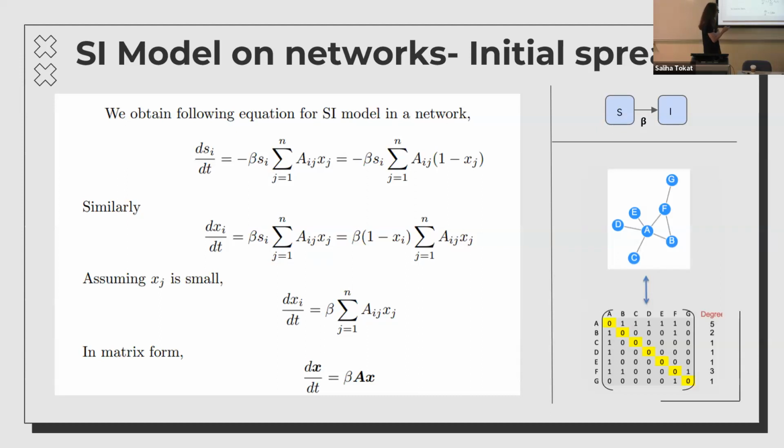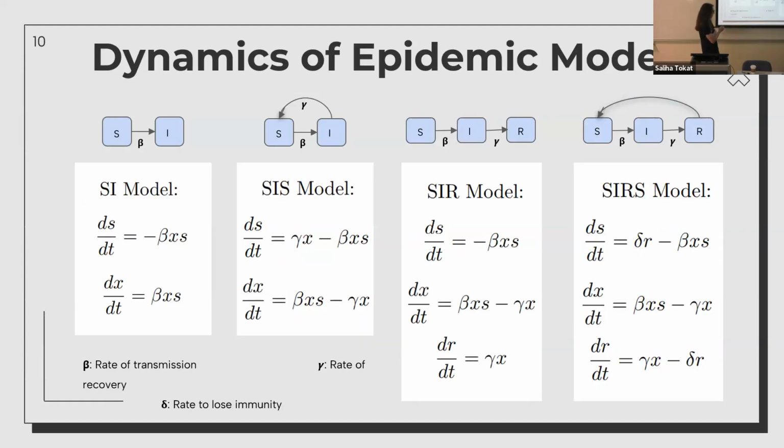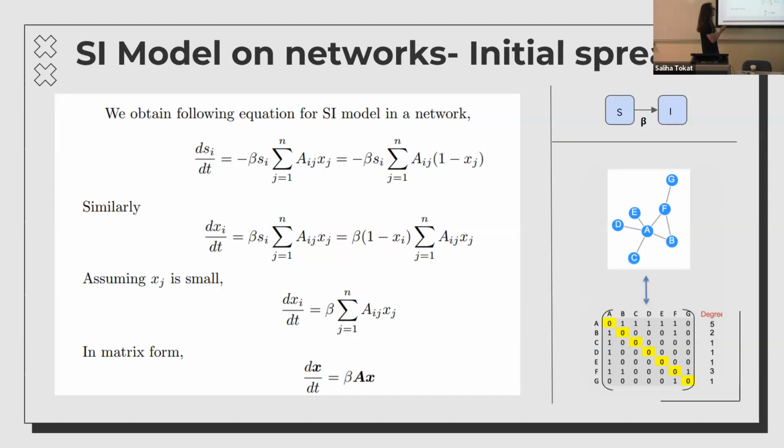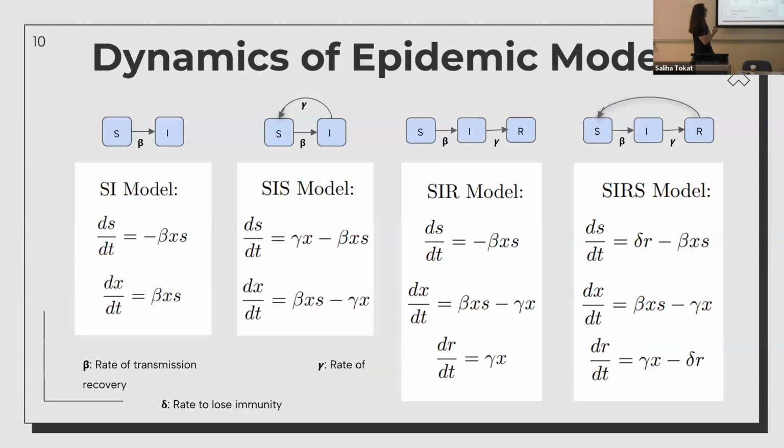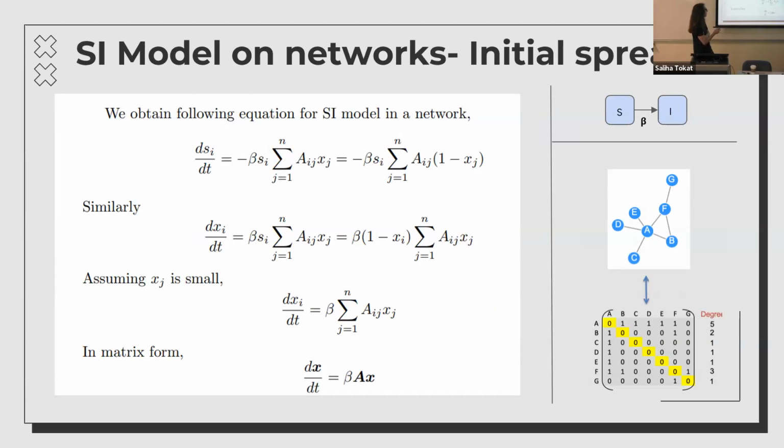Now we had, if you remember, some sort of x term. We know how that can translate to this one. S is the susceptible people, and we need the neighbors of the ith vertex that are infected. We can represent it like that. Then we can use some manipulations to find this first equation of the SI model to be this one. And similarly, we can solve for the x_i case, and it will be this equation. Now, once we reach here,